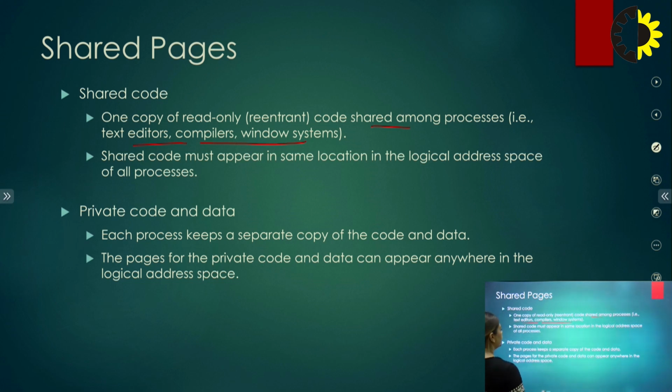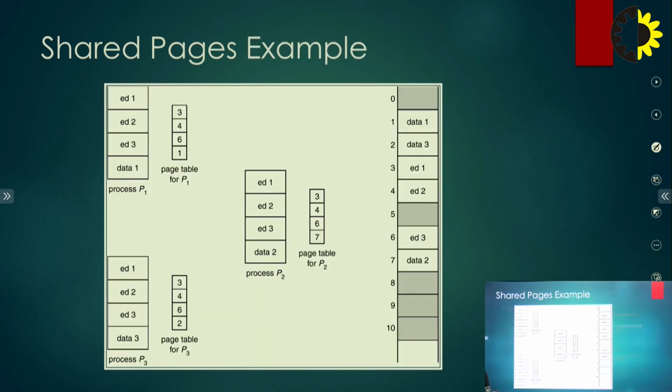Shared code must appear in the same location in the logical address space of all the processes. What we'll do is keep the shareable locations in the logical memory of all the processes. For private code and data, each process keeps a separate copy of the code and data. The pages for the private code and data can appear anywhere in the logical address space. Like you see here,